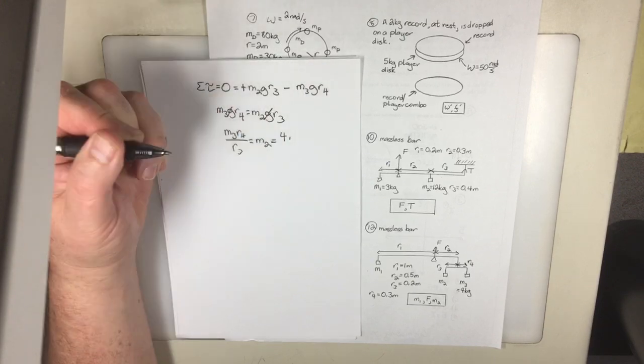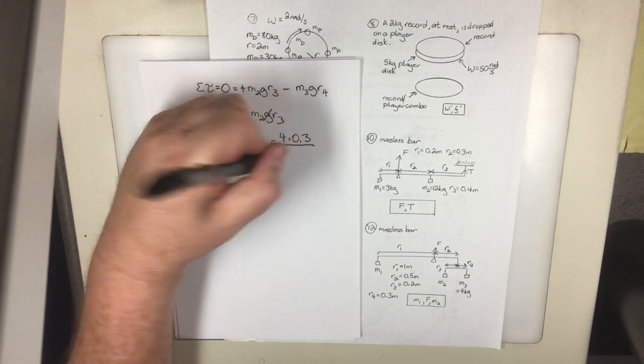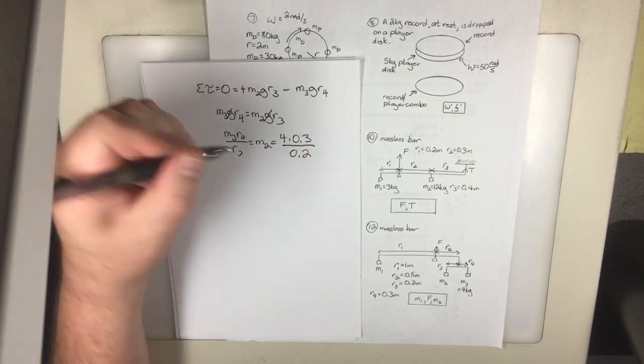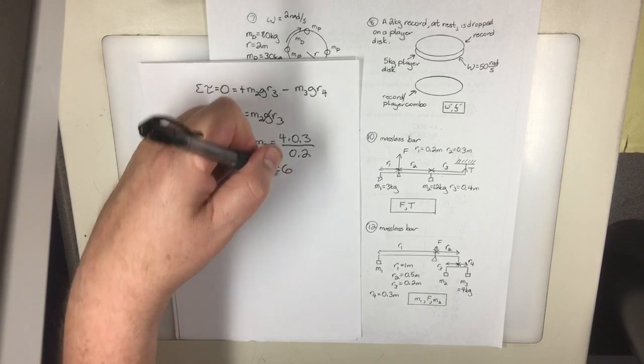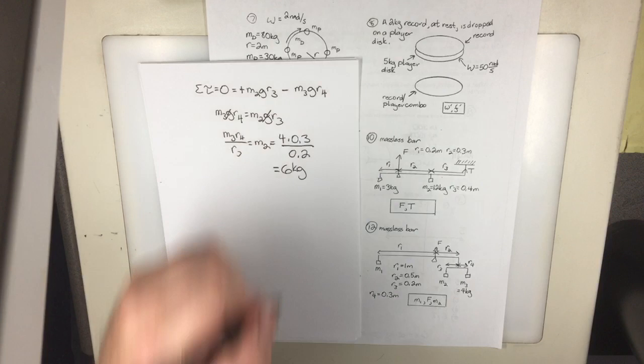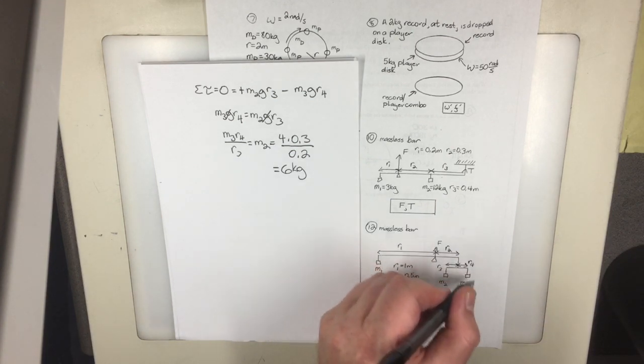So it's 4 times 0.3 over 0.2, or 6. So that's the mass of mass 2. Now, one of the things that we can also do is you can change this